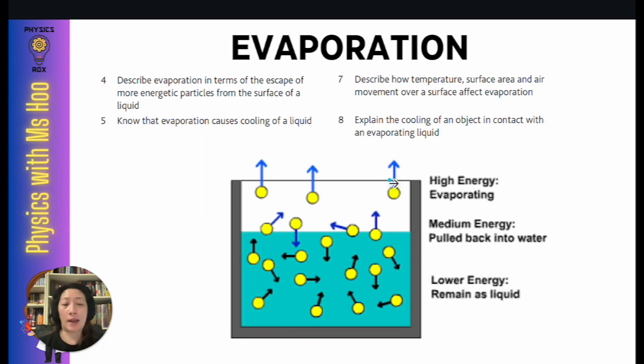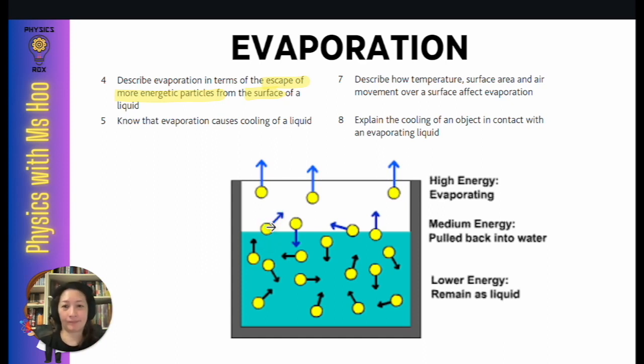When explaining how evaporation occurs, you must make sure you use the term escape of more energetic particles from the surface. These are the key words you must use, because evaporation only happens at the surface. The inner particles here can't evaporate. Why do the surface particles evaporate? Because they have the most energy. Why do they have the most energy? Because they absorb energy from the other particles, whether other particles in the liquid or even the surrounding particles. Once the particles have enough energy, they're able to break the bonds between the particles